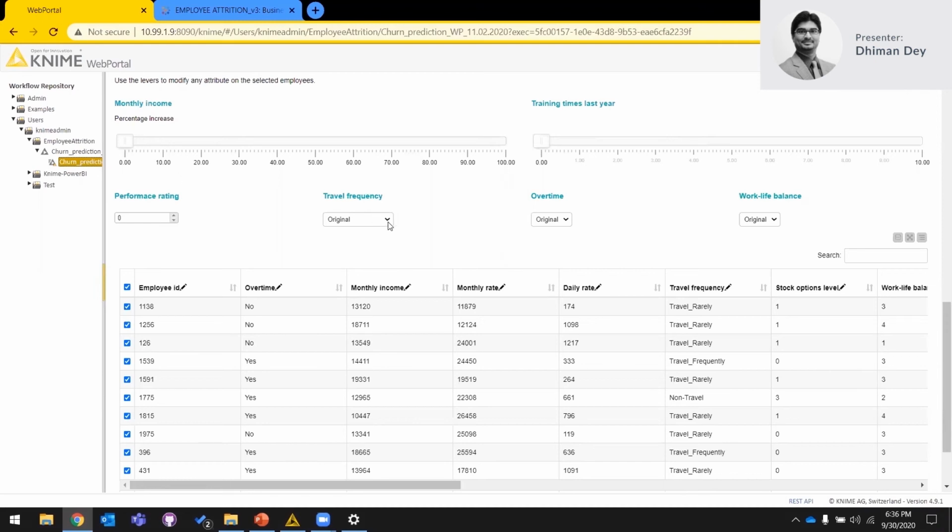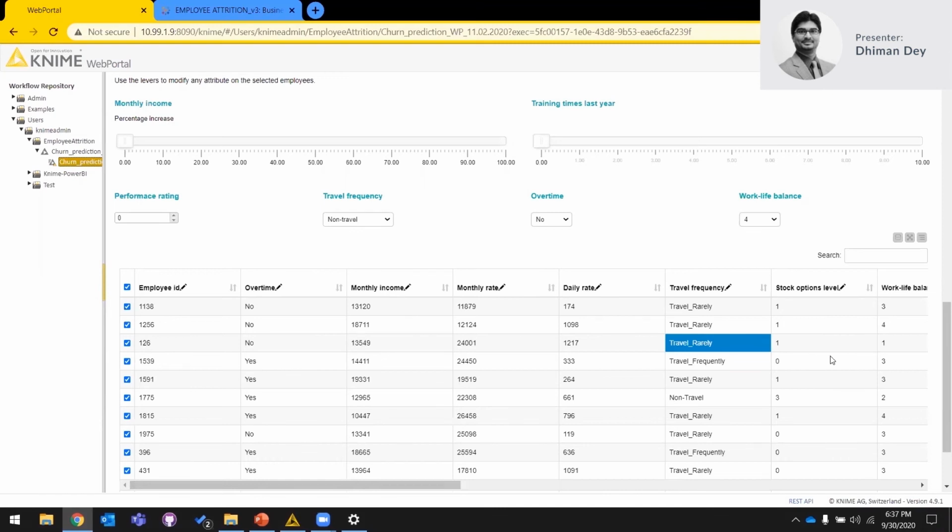What we are going to do is, let's say we improve their other associated metrics in play. Let's say we tell them you don't require to travel anymore. Okay, let's say we take away the overtime aspect of your role profile, and let's say we try to increase your work-life balance. At the same time, if you want to make certain specific changes for certain people, you can also do that, double clicking the information at a granular level as well.